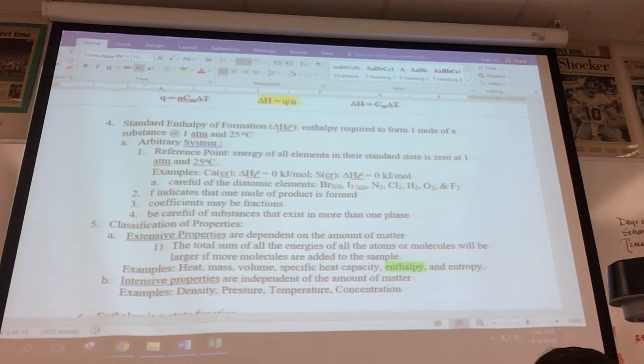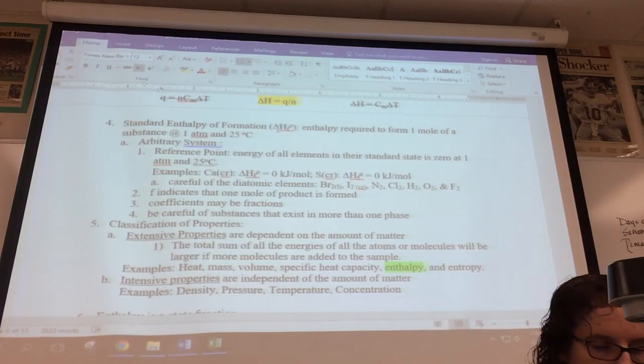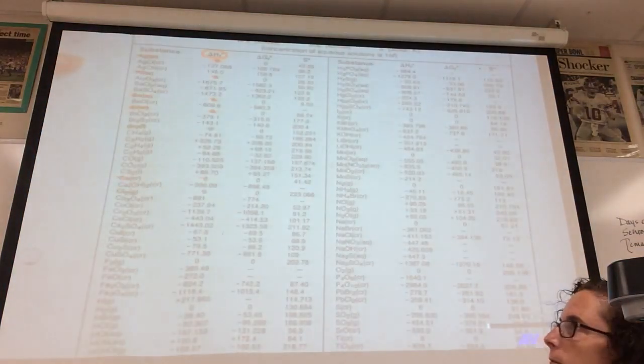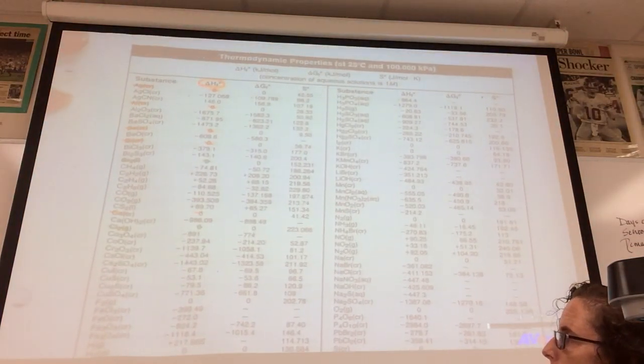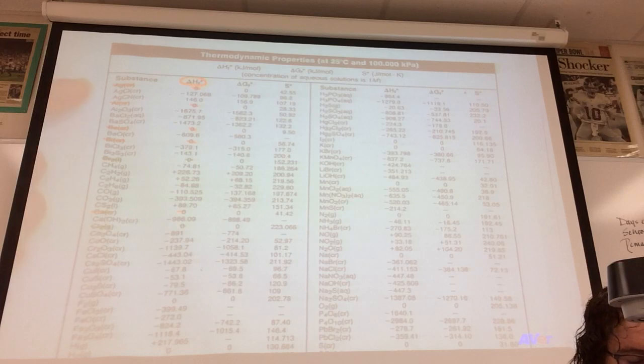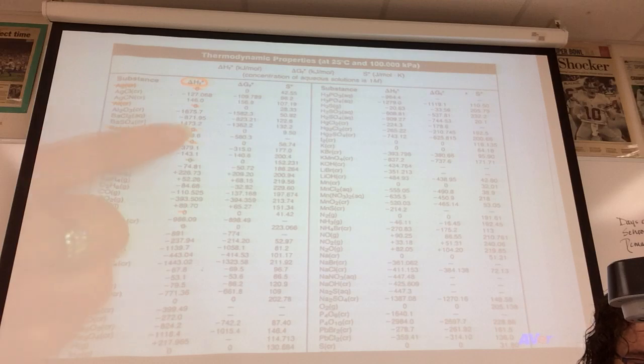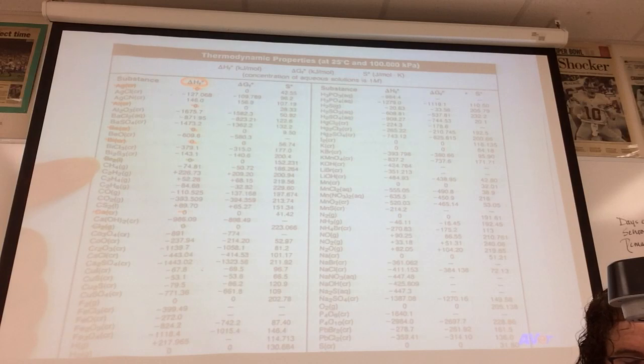And so everybody should have this table. Let's take a look at this table. I've got it under the document camera. And highlighted in orange here are some elements in their standard state: silver, delta H of formation of 0, aluminum, beryllium, bismuth. You will note I have highlighted in green bromine in the liquid state, its standard state, 0, calcium,